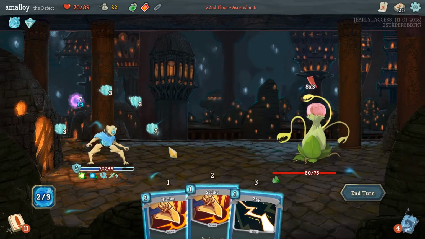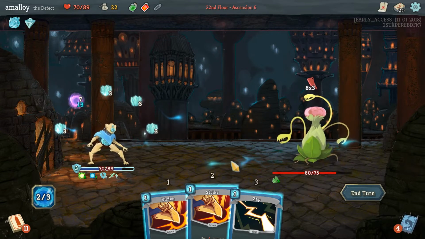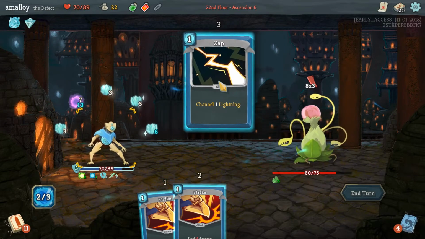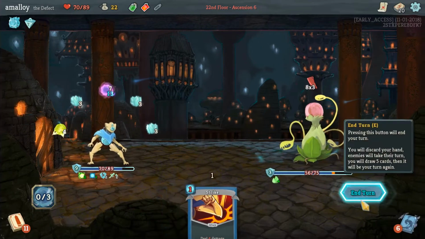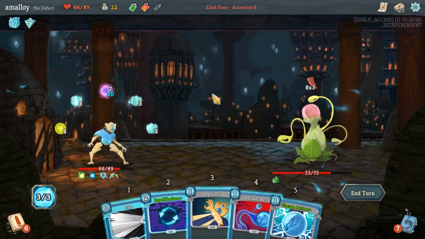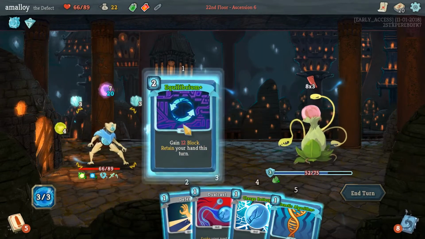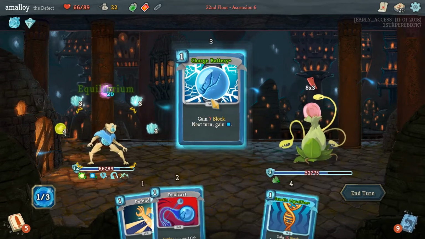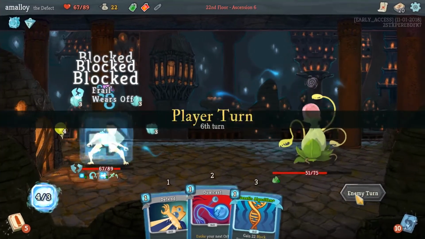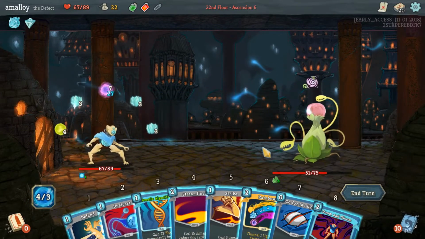How much block do I have here? 12 and 3 is 15. This adds a bit more. Equal. I'm not doing anything. All right. I mean, that's how frost decks are. They just kind of don't do anything until eventually the opponent gives up and dies, but...